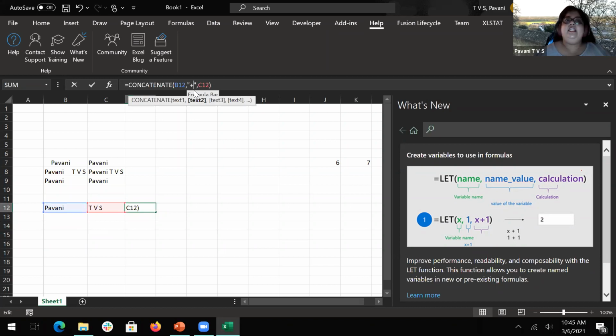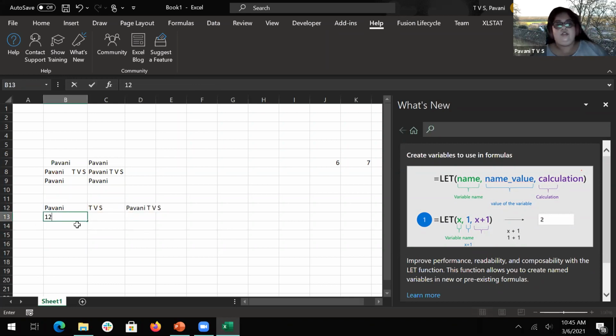Yeah, so anything in between double quotes is taken as a string, and concatenation works only for string values. It will treat it as a string value. Say I gave 1, 2, 3 and 3, 4, 5. So I will concatenate this text. This is taking it as a text value rather than a number.